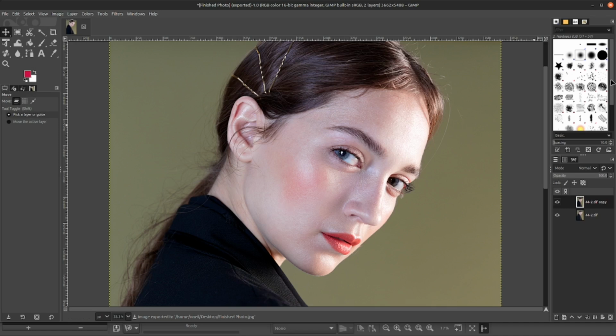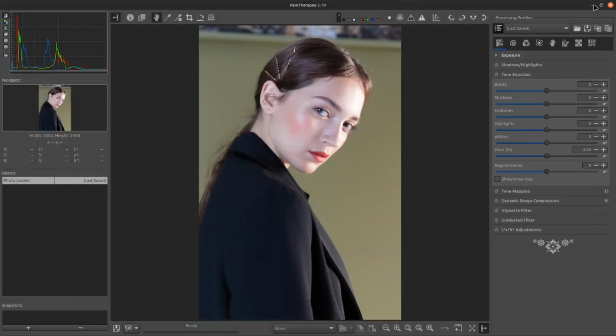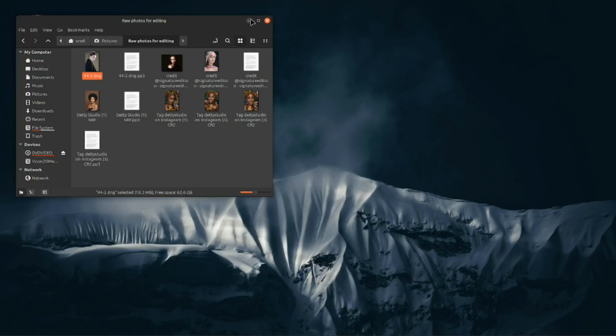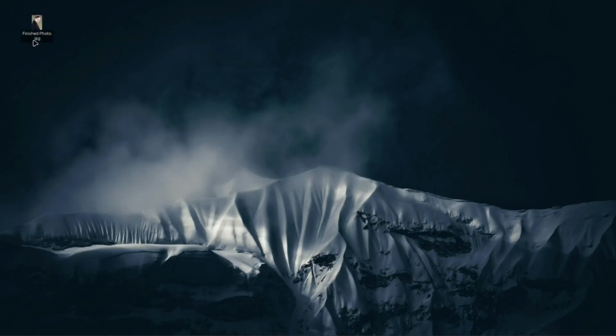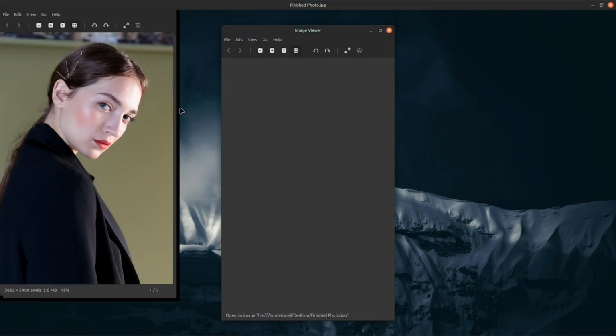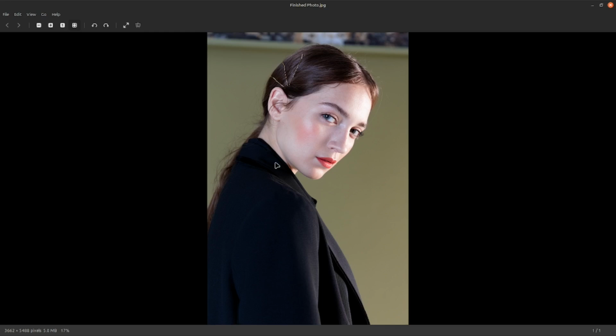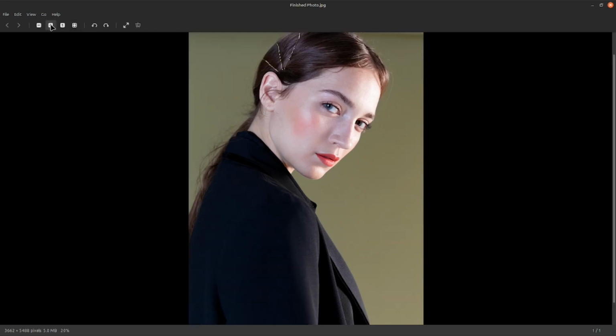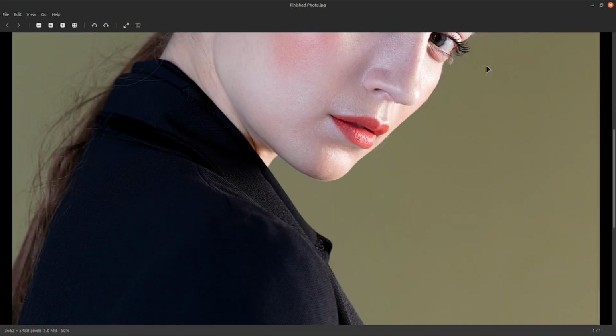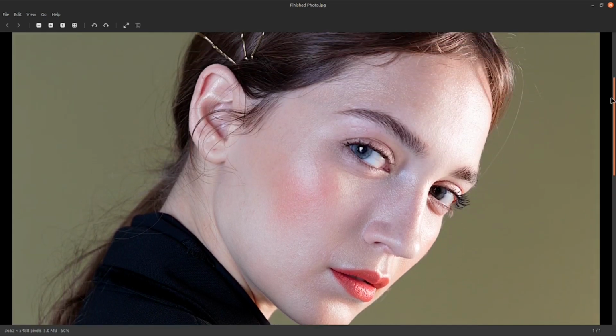So now let's go and check out on our desktop where we exported this file. Let's take a look at our photo. Great. So here is our photo, and notice it has the name that we had put on it. I'm going to just double click that. Great. And here we are in our image viewer, and I can press plus on the image viewer here. And if you notice, wow,